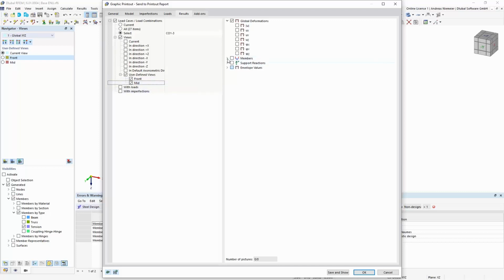And here we want to present, for example, the internal forces, the normal axis forces and bending moments. So it's up to you what you want to print.